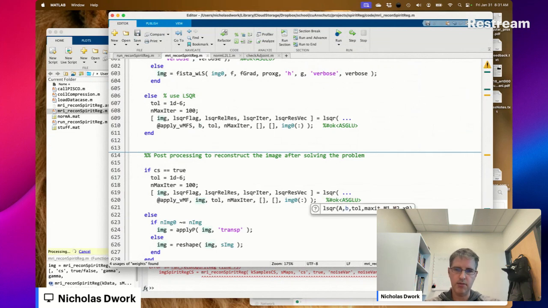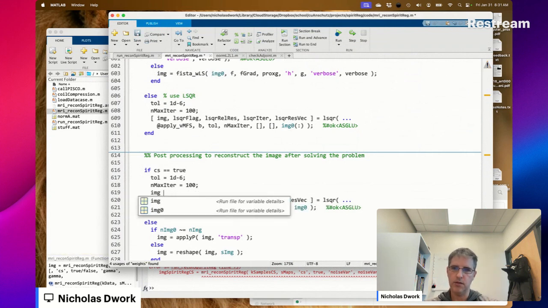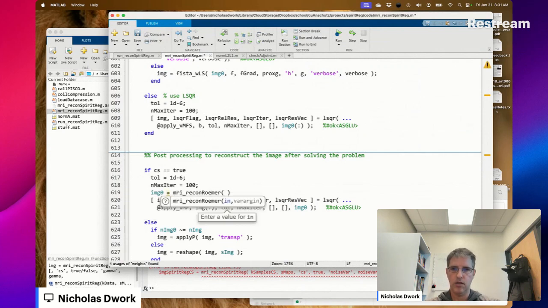Here, we're going to set this equal to image. Set image not equal to recon Romer. Now we need an apply MF.